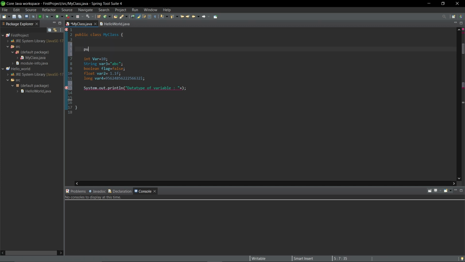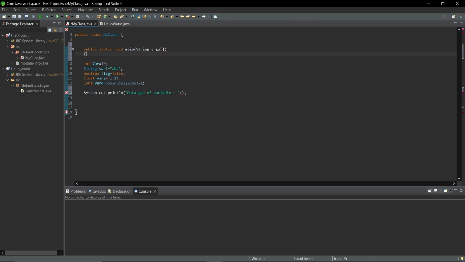write the main method, that is public static void main, String args. Okay, then complete the curly braces. We would like to know the data type of variable 3. उसके लिए type var3 dot